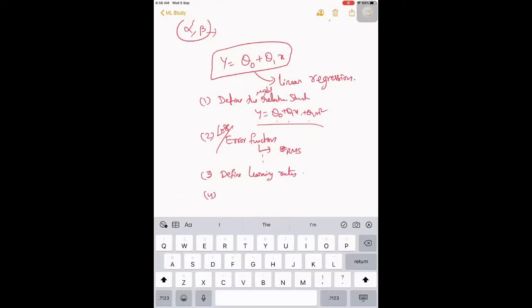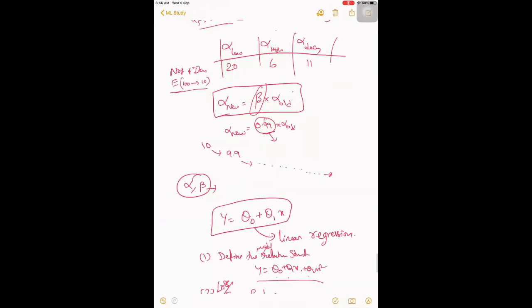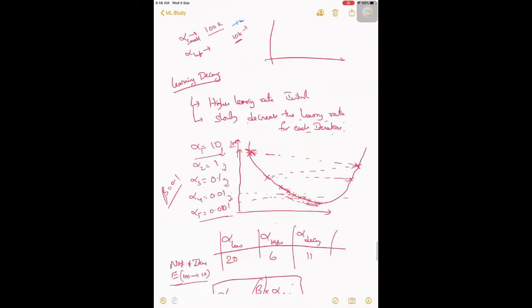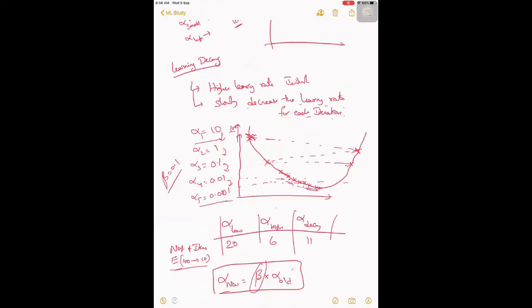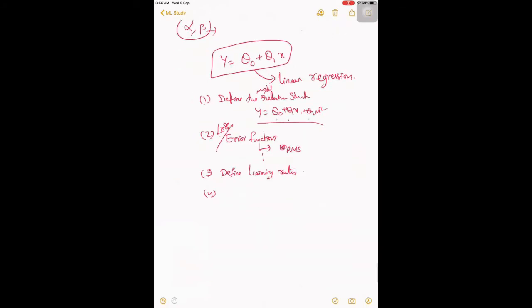Then what we are doing here is called optimization. You are trying to find the minimum optimal value for theta. This is what you are going to do.